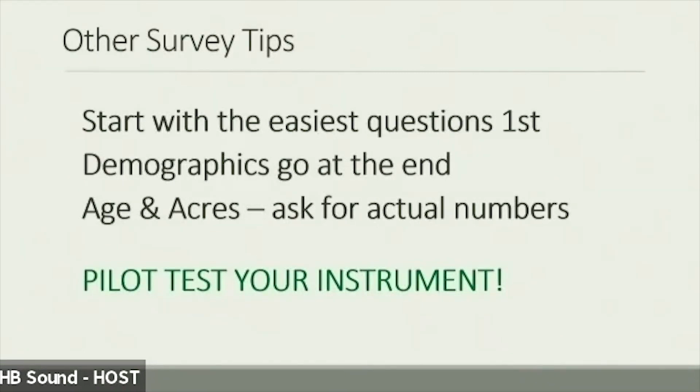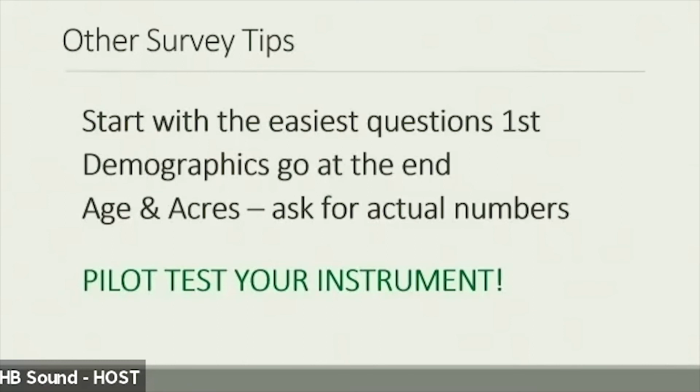What information sources do you use? That's a lot easier. What sessions did you attend? That's pretty easy. As you go down, you can get more personal, but you need to build a little bit of trust. Demographics always go at the end. Sometimes you need to do it at the beginning because you have to weed out. Like when I was on a project and we only had time and money to analyze the data from 3 specific states, so if they didn't grow in those 3 states, they went straight to the end of the survey.